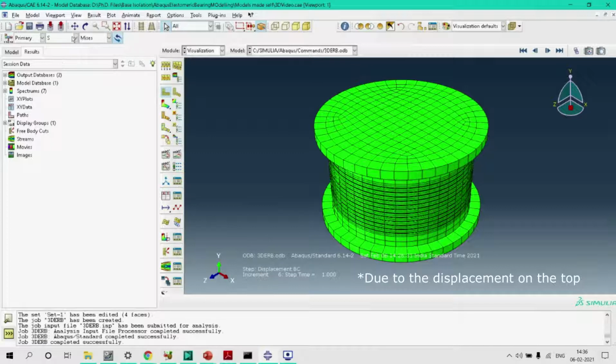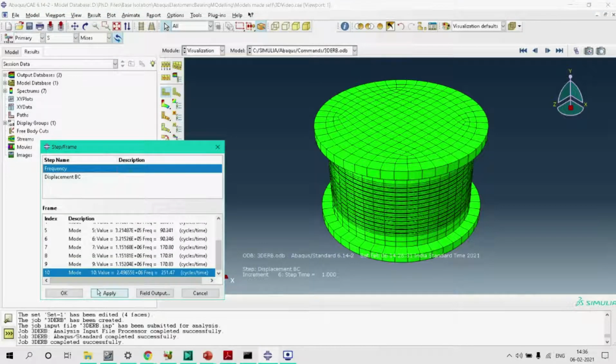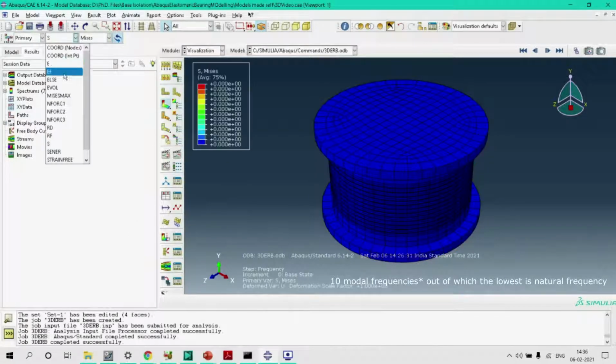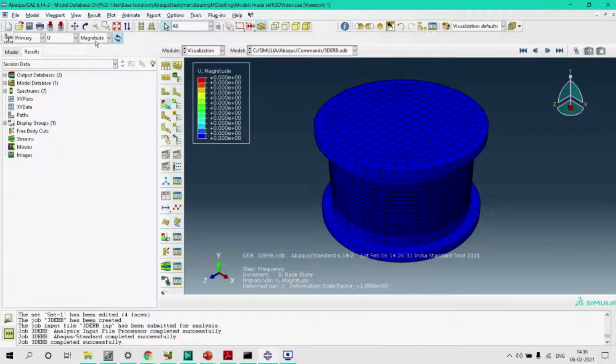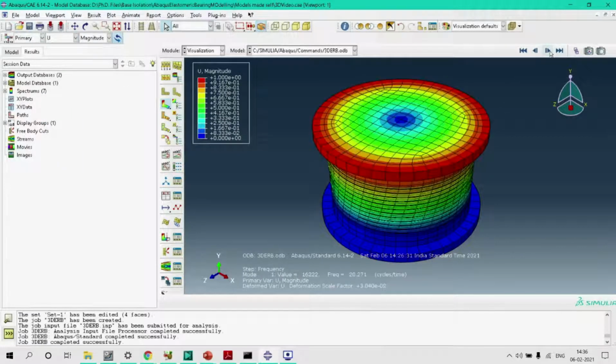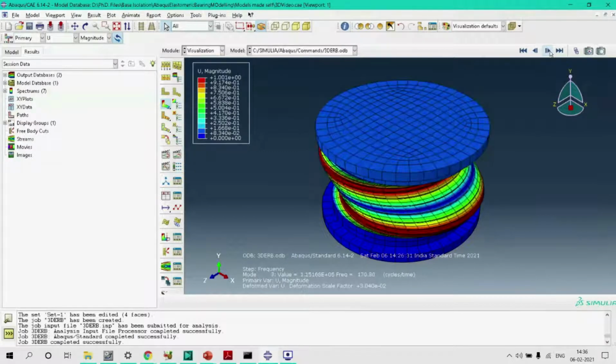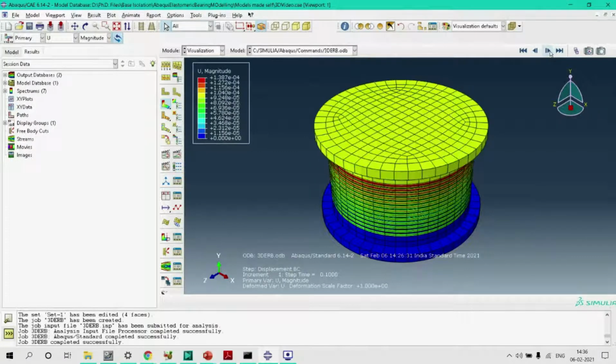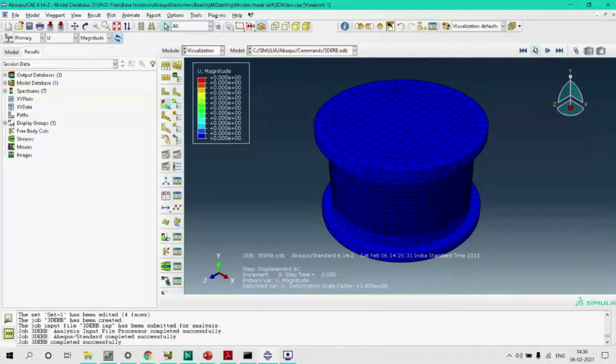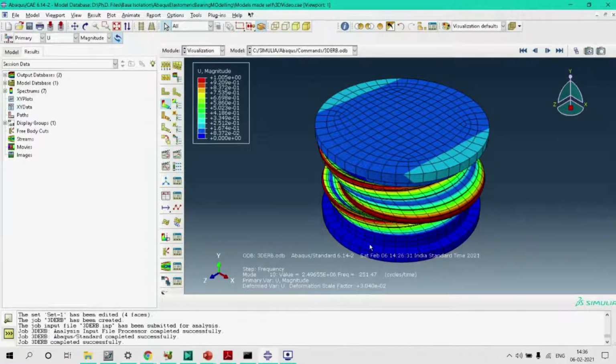So let's first see the various modal frequencies. Go to results, steps and frequencies. Since we have requested 10 modal natural frequencies, it has displayed only 10 frequencies. Okay, I think modes are under displacement, and okay, so this is our first mode, second mode, third, fourth, fifth and so on. We have up to 10 modes. So this has come to time step now. These are our modes.